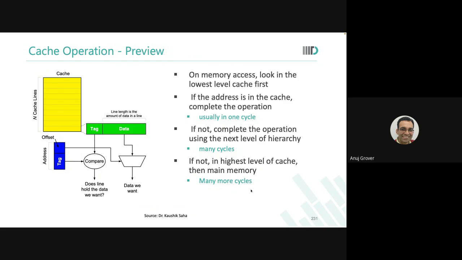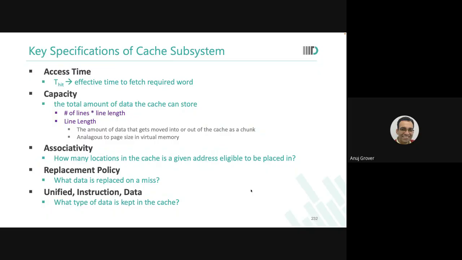ठीक है, आगे बढ़े. So we need to understand, when we talk of a cache subsystem, we talk about a few key traits or characteristics of that subsystem. Performance is the first one, because all of this jugglery you're doing is to gain performance. So access time or speed is the most important thing, why you need cache memories. That is the first figure of merit.